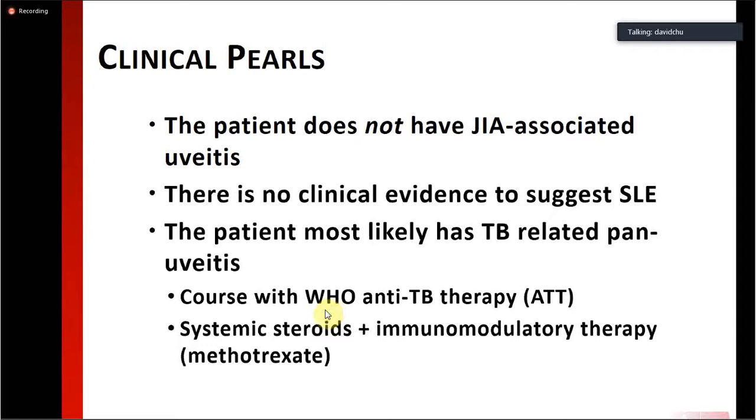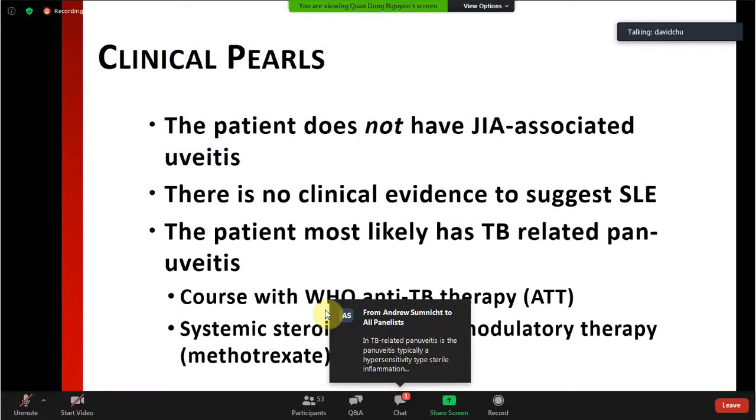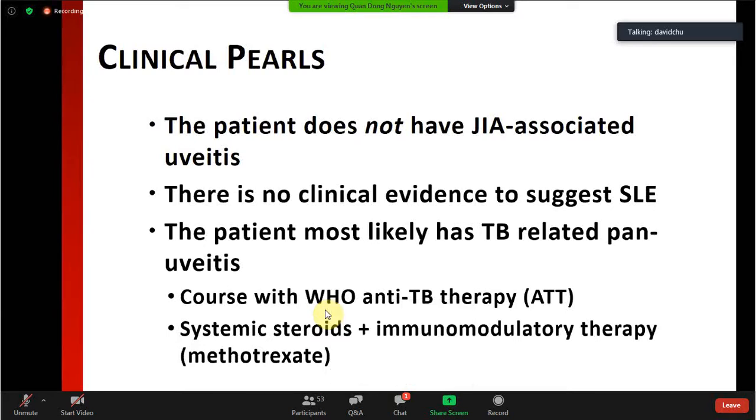Of course, TB can look any way, but just clinically speaking, the clinical presentation with the eyes, the bilateral nature of it, the joint involvement, I feel that probably sarcoid is higher up on the list, and treating TB as